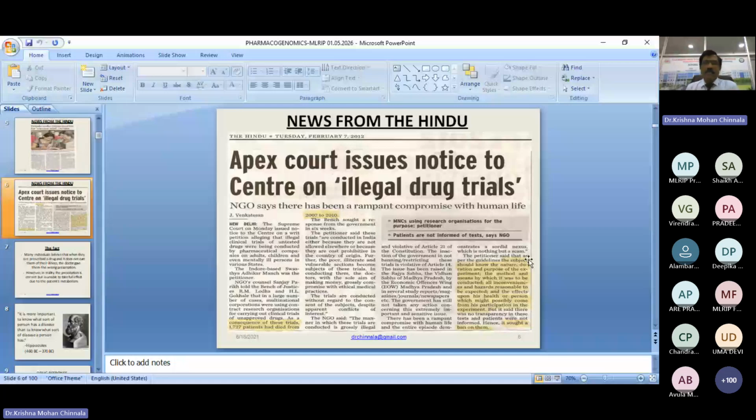Why I am saying this example is we have to protect ourselves, because see, one guy attends a clinical trial today here at Hyderabad, travels overnight to Bangalore, attends another clinical trial and gets 6,000 rupees from the company. And who is going to be affected? Obviously, it is the drug manufacturer or the researcher only, not the candidate who is participating, unless there are any drug interactions and all.